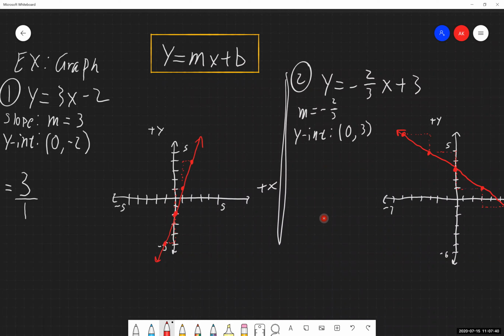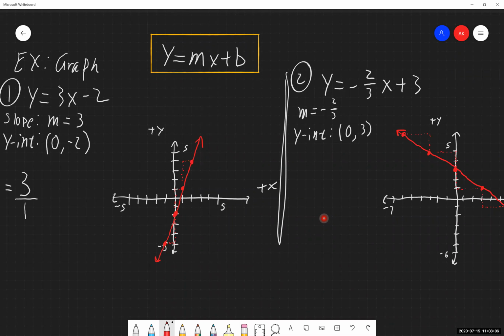Or we can use this method, which is: here's an equation, graph it. Now you have the option of using that table, finding those points, or you can use this method, which would be determining what our slope is, determining our y-intercept, and graphing it that way. So both options are now perfectly viable, and you're welcome to use either of them if you would like to.